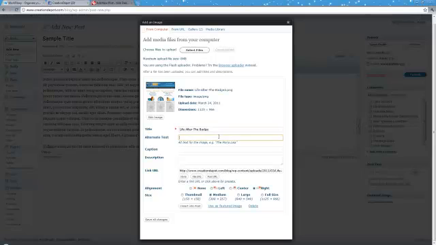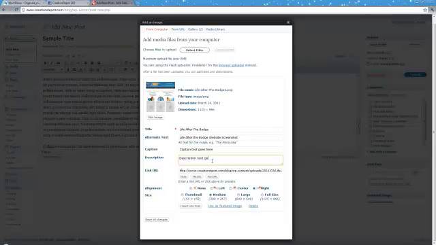The title is just a title tag that goes on what's called an href tag. Don't worry about it. The alternative text, that's the text that pops up when you mouse over an image, and so we want it to say life after the badge screenshot. Actually, I'll even go one step further and write in web page or website. How about that? And then caption, I'm going to just type in caption text goes here, so that you'll see what it is when we actually put the image into the post. And then description